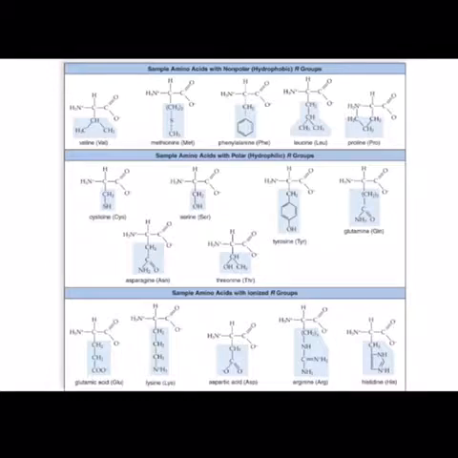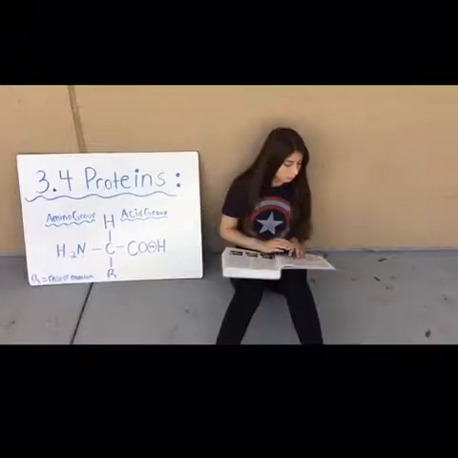Figure 3.16, amino acids. Polypeptides contain 20 different kinds of amino acids, some of which are shown here. Amino acids differ by the particular R group, blue, attached to the central carbon. Some R groups are nonpolar and hydrophobic. Some are polar and hydrophilic. Some are ionized and hydrophilic. The amino acids are shown in the ionized form.